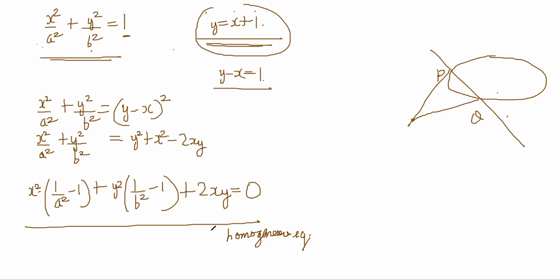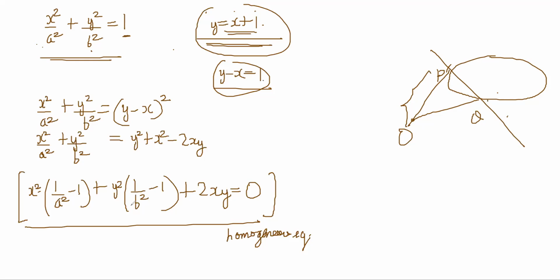right? And so it must be the line pair OP and OQ, because we are utilizing all the information given in the question. You are utilizing the line and the ellipse, and the P point and Q point should come when you solve this and this, no? And if this is an equation that we have gotten, then it's a homogeneous equation. This means it's a line pair passing through origin. So which 2 points should it pass through? It should obviously pass through P and Q, right? Because that is what you have used, the line and the ellipse.